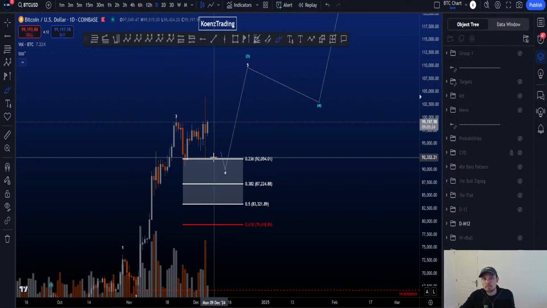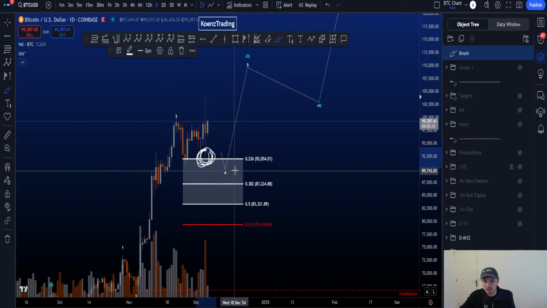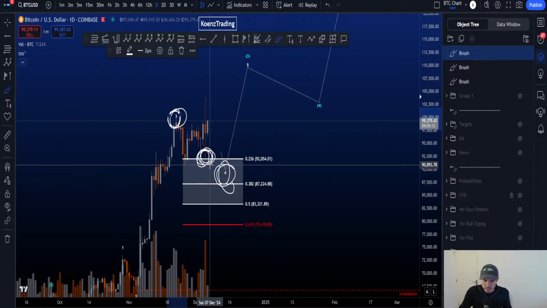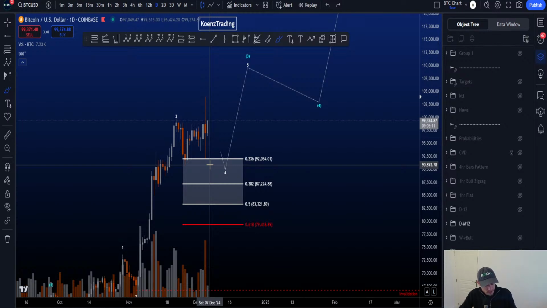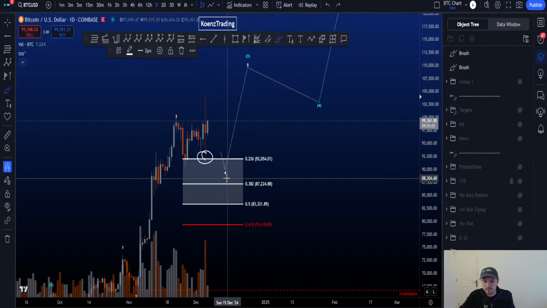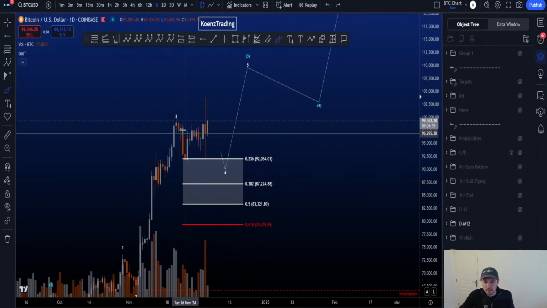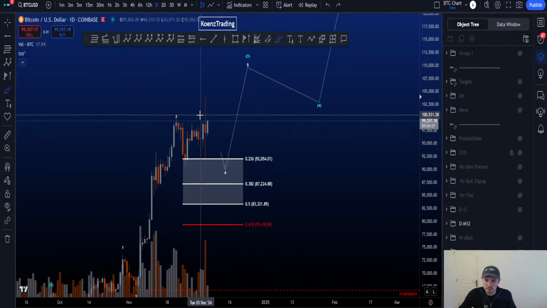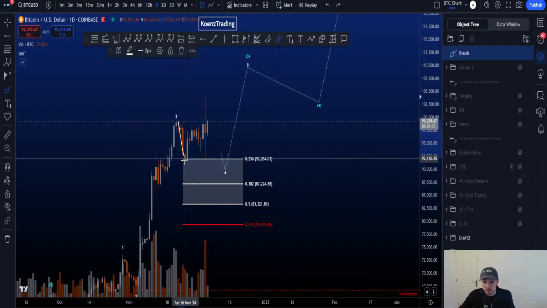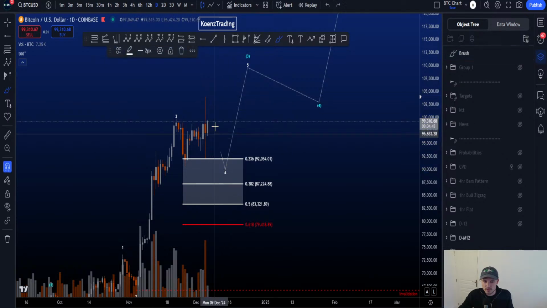Now, the only key thing here is that, and I mentioned it specifically in the morning update, you cannot end a corrective structure at this low for a wide wave 4 that started after 3 being here. According to rules and guidelines and Elliott wave structures, you cannot end wave 4 at this low if that's your 3, right? Because your wave 4 in this scenario now has to be either a flat or you need to have a WXY, right? But preferably when you take out this high, the start of your correction, you think about flats. But in an ABC flat, you need a 5-wave structure. But this move down is very much a 3-waver that we had yesterday.